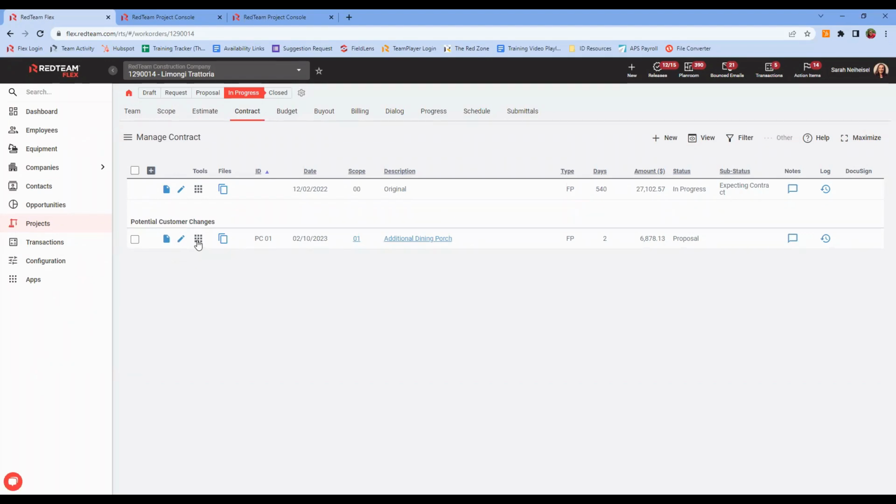And when they approve, or if they approve, we can come here to the tools icon and authorize this change to apply it to the contract value. However, if you need to provide your client with an AIA style change order document, or you have multiple changes and you'd like to loop them all into a single summary document, you've got the ability to create that change